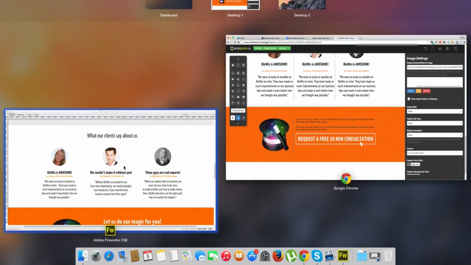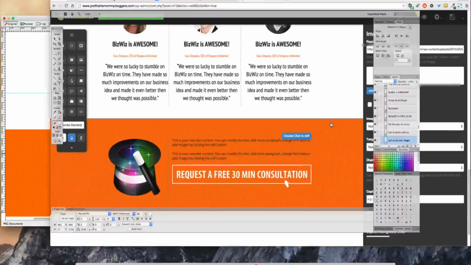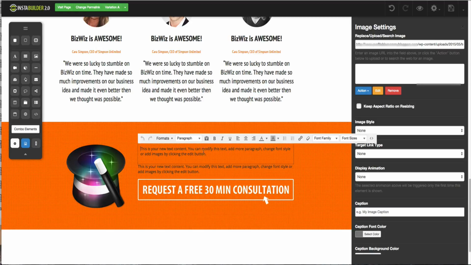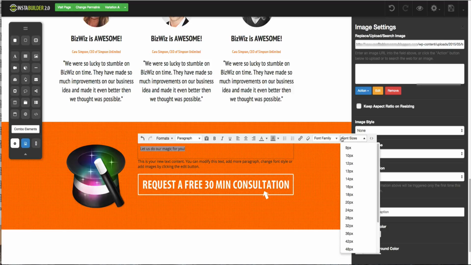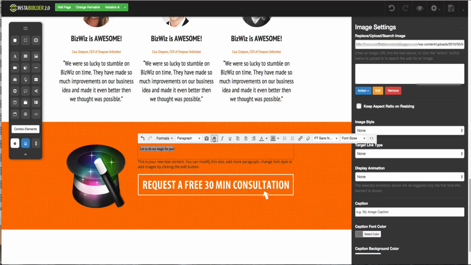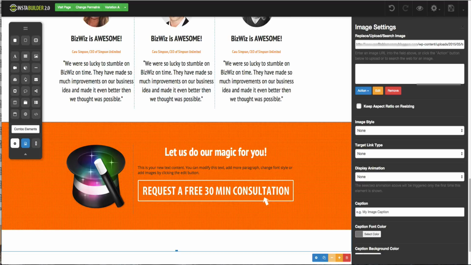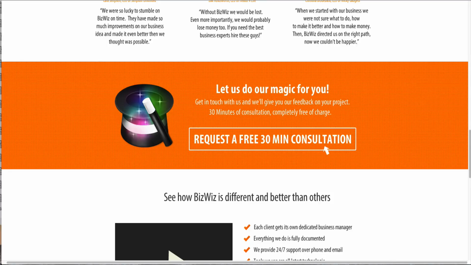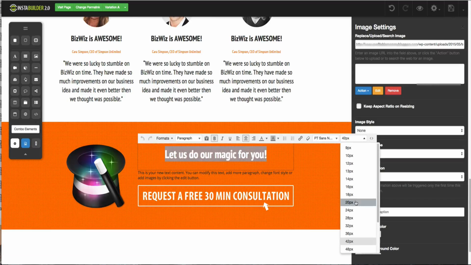Okay, and now let's change those text elements. Let me just copy this text. Paste it here. Change the font to PT Sans Narrow as usual. Making it bold, making it larger, and making it white, and making it centered. So something like this. Maybe a bit larger. Let me just check. So 48